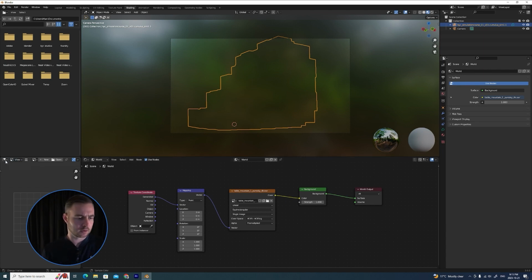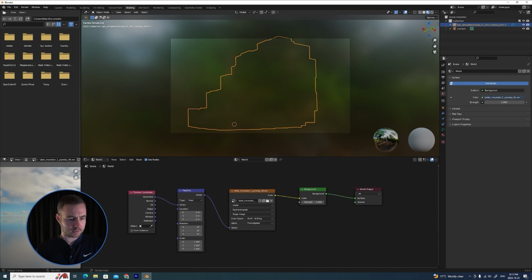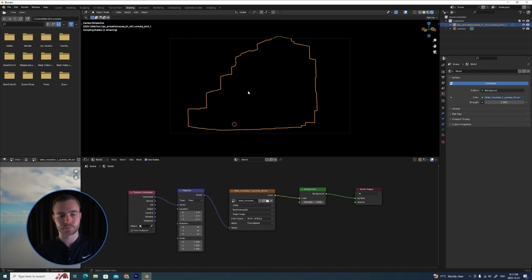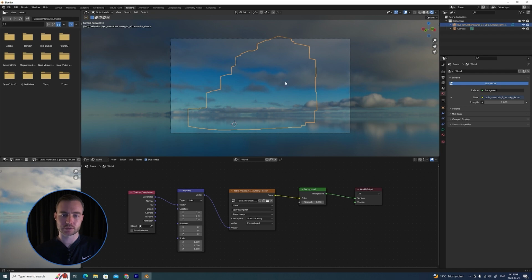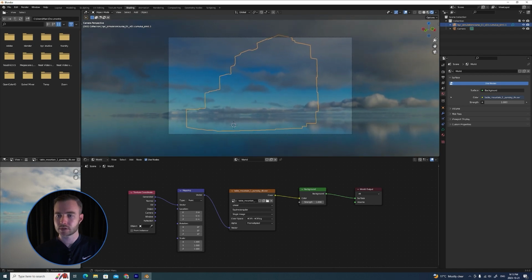So pretty sure we can view our Table Mountain, and if we just click Z and then go up to rendered, we can have a look. So let's go back over to our camera,